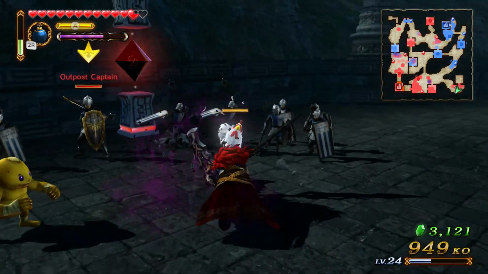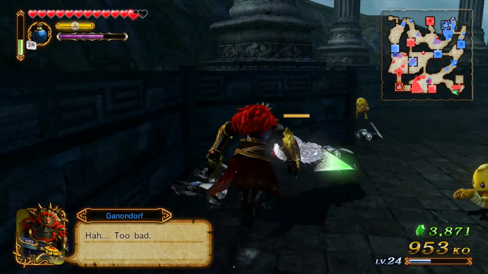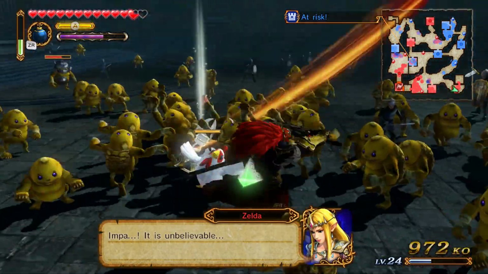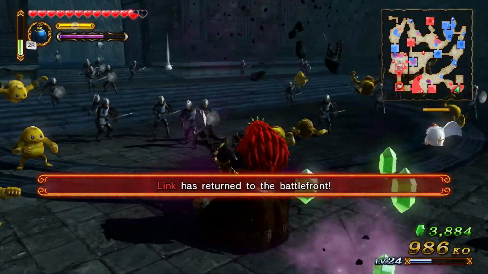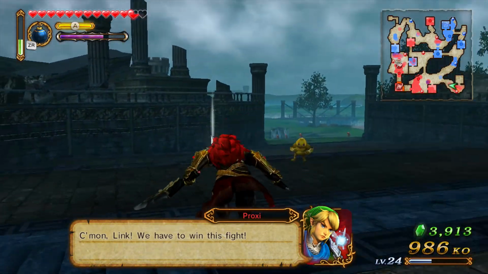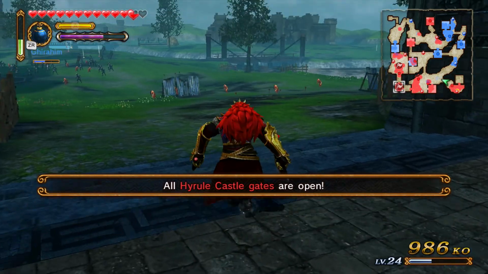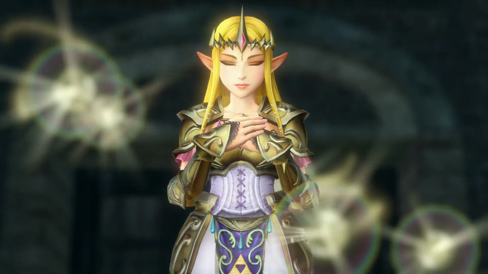There's a chicken here. I don't know what I can do with him. He doesn't seem to die. But I know you can piss chickens off quite easily in Zelda, so I don't know if he's going to start attacking me. But anyway, he doesn't look like he is. So, right, Link has returned to the battlefront, so I think I need to go take him out again. So right, looks like another door has opened. All Hyrule Castle gates are open. So now I'm going to go to a quick...